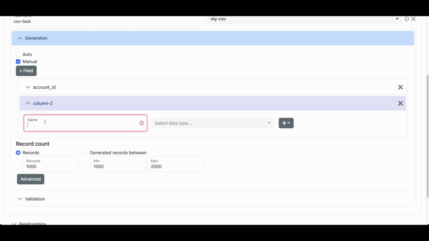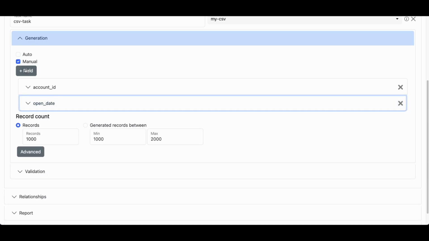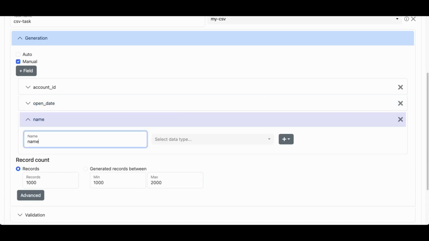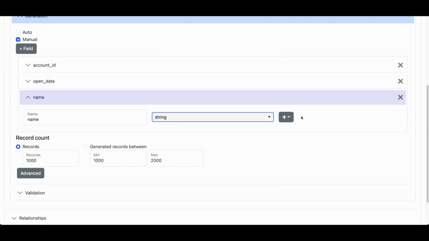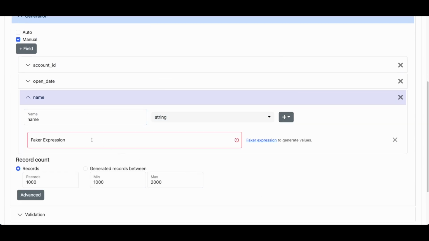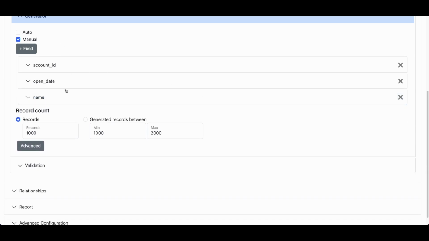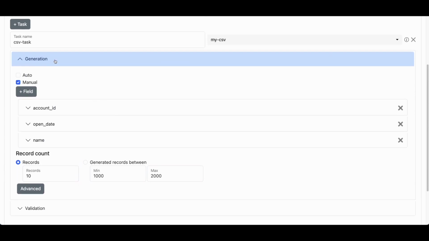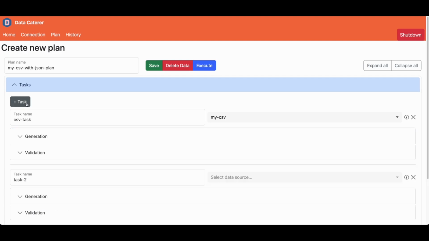Then we'll create another field, let's call it open date, and this will be of type date. Won't need anything else. Then we'll have some other field, let's say name. We'll make it look like a real name, so we'll use Faker for that. We'll use the name.name, and we'll just generate 10 records so that we can just see the relationship between